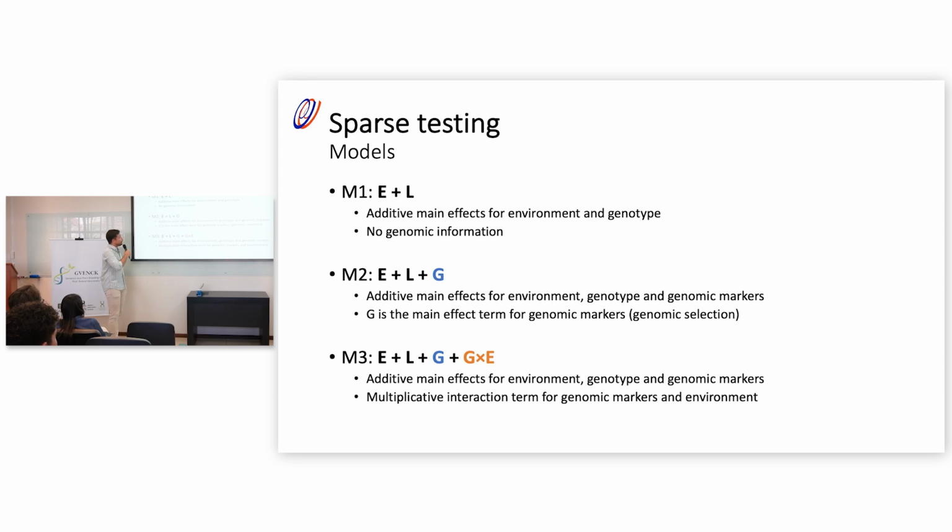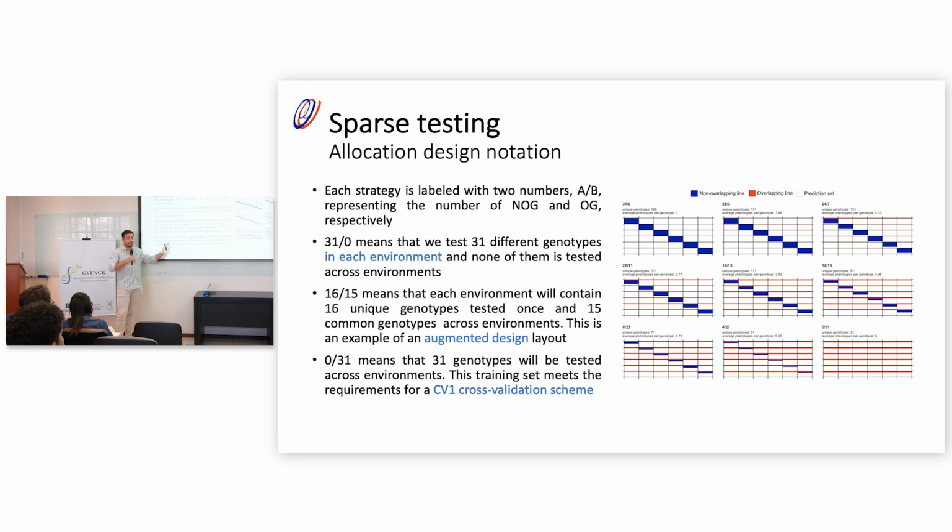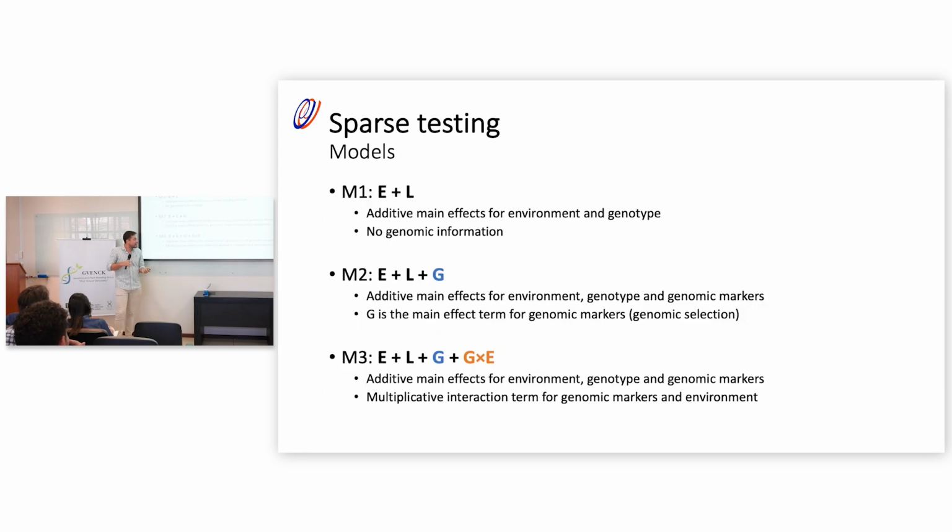Okay, and these are the models. Models here are not that important. The important part here is how we build the train and the test sets, but actually you could use any model. We like to use mixed models, linear regressions, and Bayesian frameworks, but the important part here is how to build this and test your own models if you want to try it. So our models are 3.